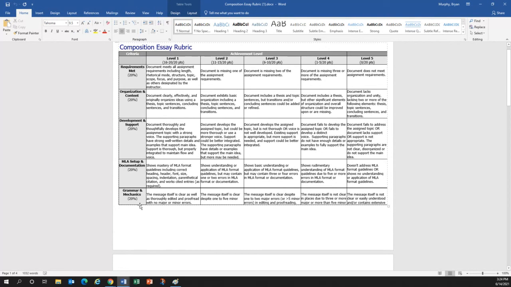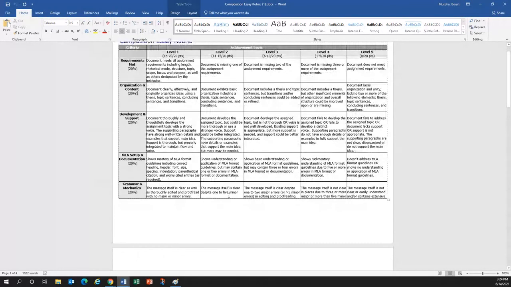And then the final one is grammar and mechanics, which is 20%. Now, this is actually a cushion for a lot of people, because some people have a lot of errors. It depends on the student. Some people have more errors than others. The most you can lose for grammar and mechanics is 20%. So I know of other English teachers that do like 2 points per error for minor error and 3 points for major error. I don't do any of that. I follow this rubric. The most you can lose is 20%. And again, there are descriptions here of the tiers.